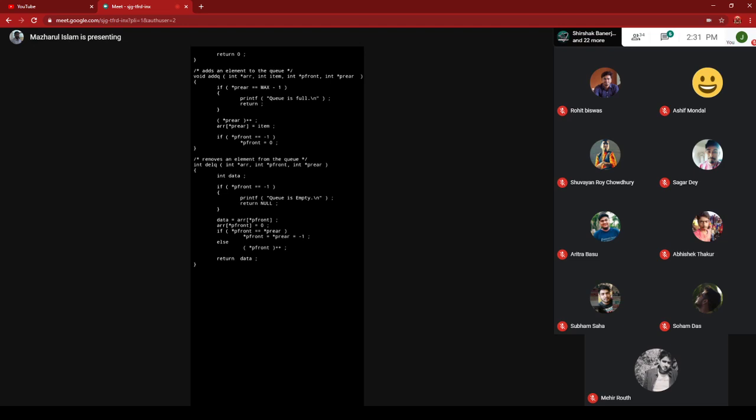Otherwise, the data is taken from q[*p_front], and you are assigning 0 there. It is just a marking. A deleted position will hold the 0 value. You can mark it differently: you can assign 999, 499999, or the largest value as per the data type.